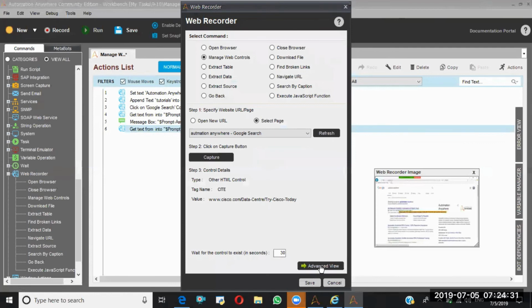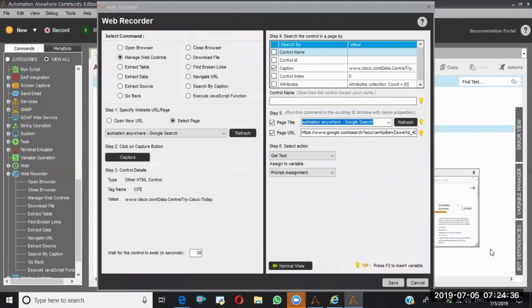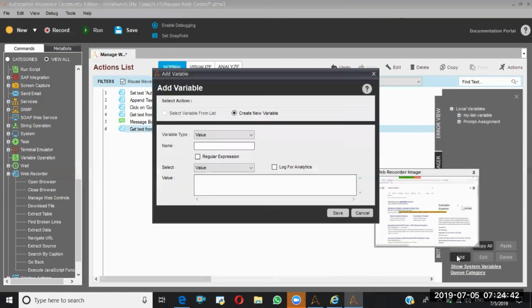We'll go to the advanced view. No, before that, I'll do one thing. So I'll create my custom counter. The reason why I'm not going with the system variable counter is the system variable counter will start from 1, but here my index is 0, right? So that's the reason I'm going with the custom counter.